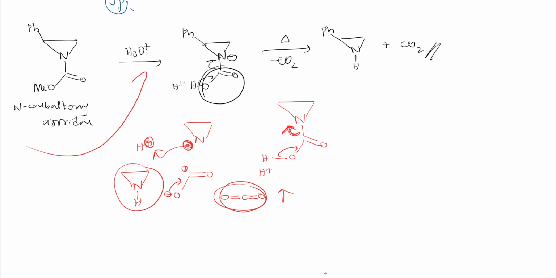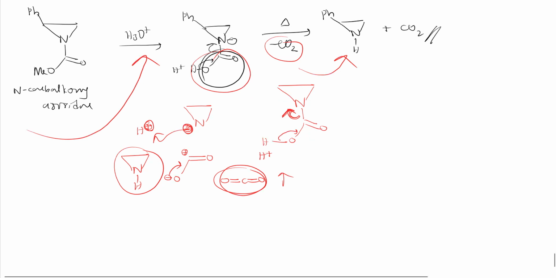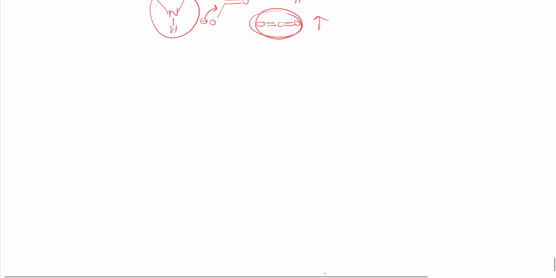First hydrolysis, the ester is converted to acid. Further, if I heat, carbon dioxide is formed, and we will get this aziridine. Right, so this is the simple reaction. I hope you know these things. Right, so further, if I want to explain what things are left, the third method to synthesize the aziridine is from oxiranes. So how do we do it? See here, oxirane means, now you should be able to write the structure. So this is oxirane. To this I will add this thing, PH3